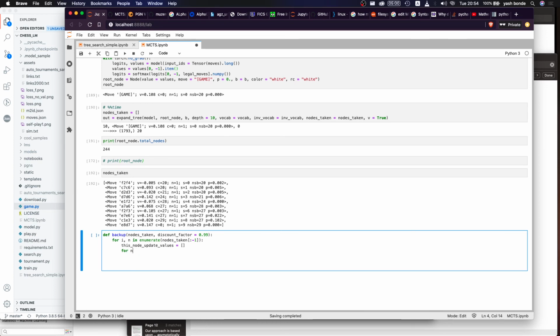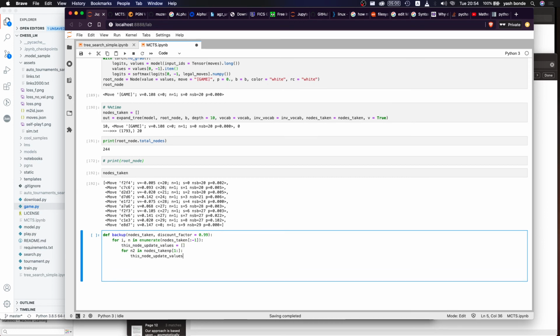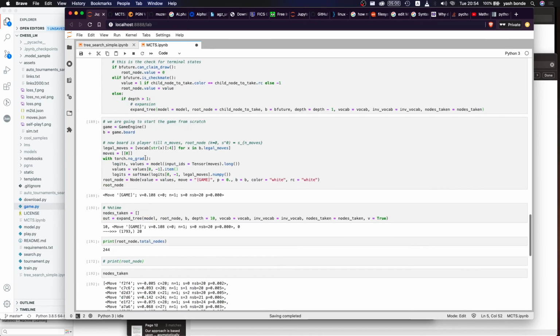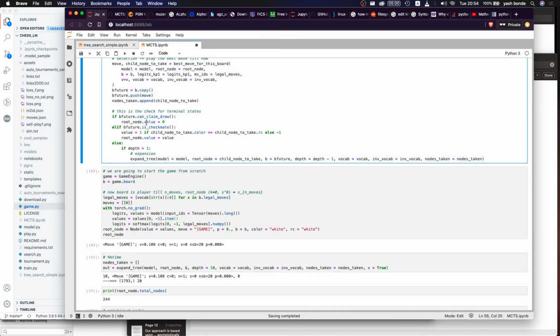For n2 in nodes taken, from i up to -1, because in this case I would need the -1. This node's values dot append n2 dot value, yeah, it's dot value,